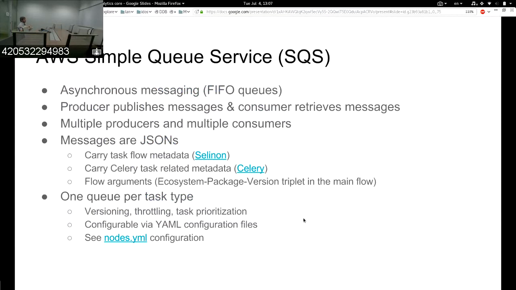They also carry information related to Celery, and we also publish ecosystem package version triplets in the main flow or, in general, flow arguments that are passed to flows by a job service or API server. One important note to state there, messages are limited. They can be only 256 kilobytes in total. So in general, it is not a good idea to publish anything